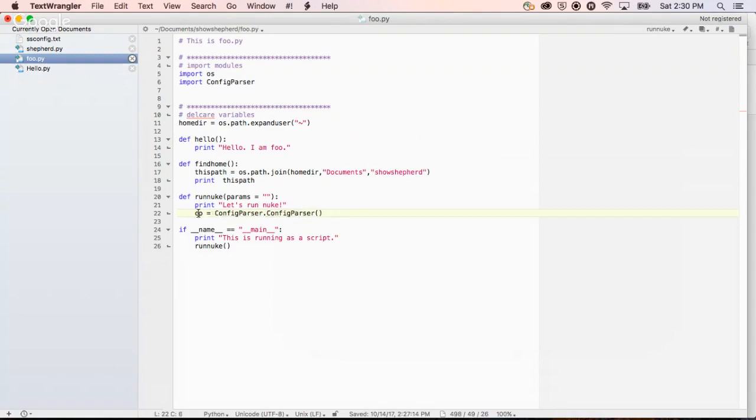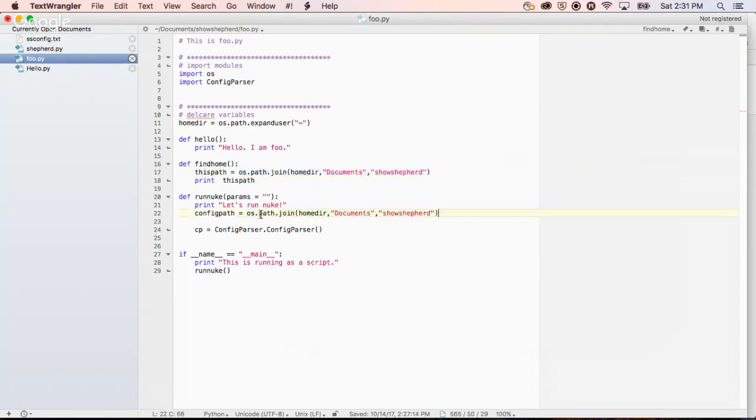And I'm putting that parser into the CP. All right, so now I can do things like open the file, right? So first of all, I want to find out where that file would be. So let's actually do that even before we create the config parser. We think that it should be, let's say, config path, and we'll say that equals, and we're going to use the same thing, os path join,